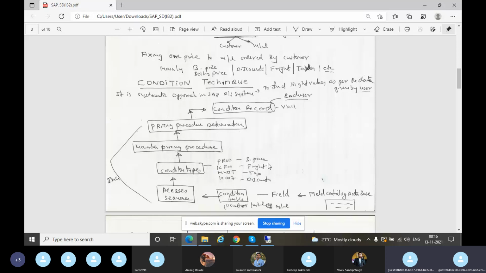As per the Government Act of India, as per the Income Tax Department of India, any invoice you are going to give should contain one base price, one discount, one freight, one tax, then only it is a commercial invoice, then only it is a legal invoice, then only we'll allow. Otherwise, if anything is not there, we'll put a penalty.